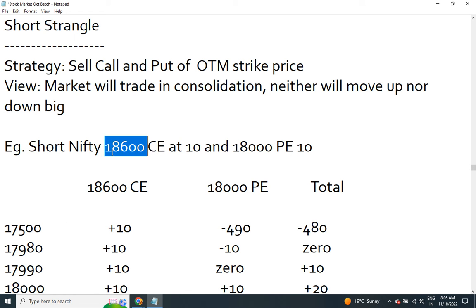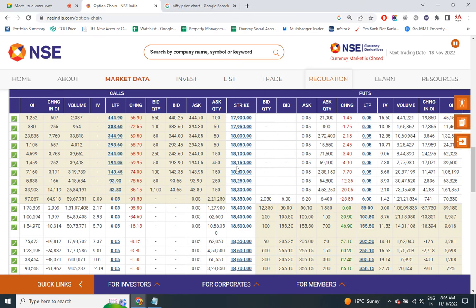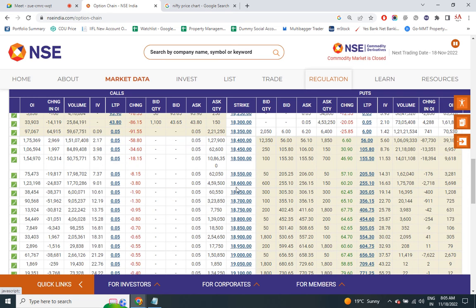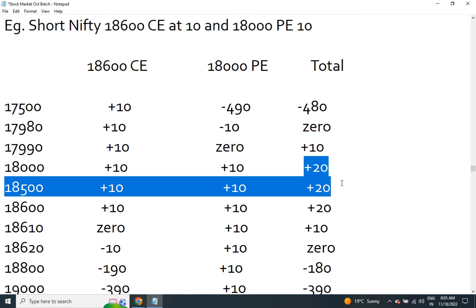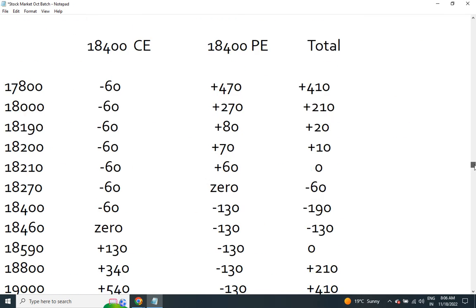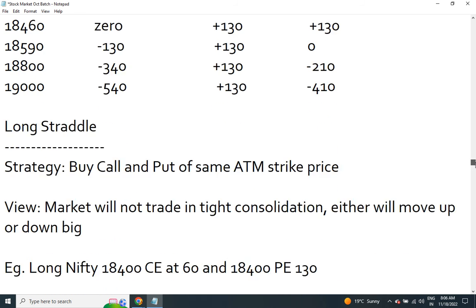Now what has happened to 18,600 call expiry? What happened to 18,000 put expiry? See here. Both of them have become 0. Last traded price 0. So what has happened? This was the maximum profit expected and they got it, because the price expiry is in between of this. So those who ever did this strategy benefited 20 points into 50, that is 1,000 rupees, in a matter of 3-4 days. And those who did this, they lost.